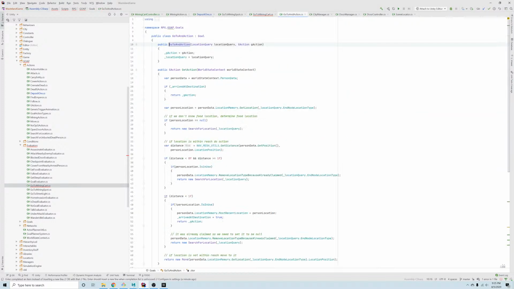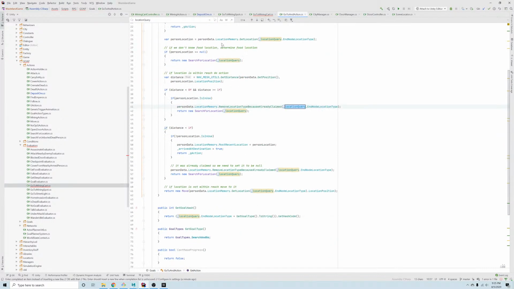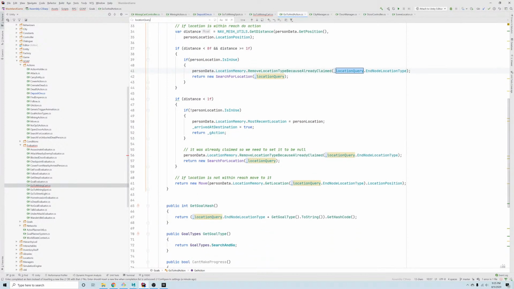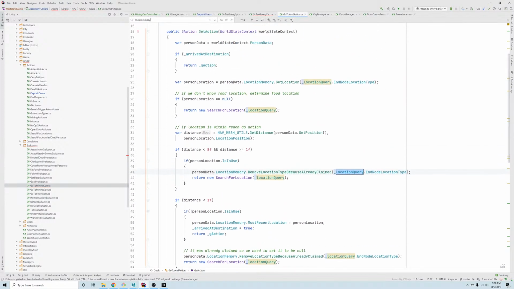You get that from this location query, which doesn't happen right away. It's like a deferred query. And I'm not sure if I like that, but the